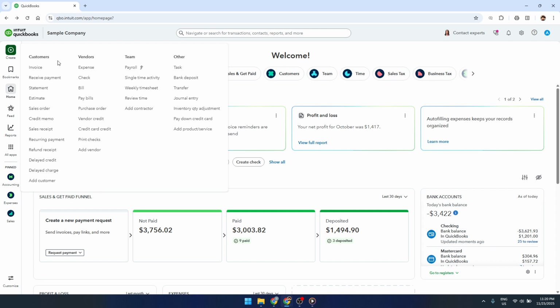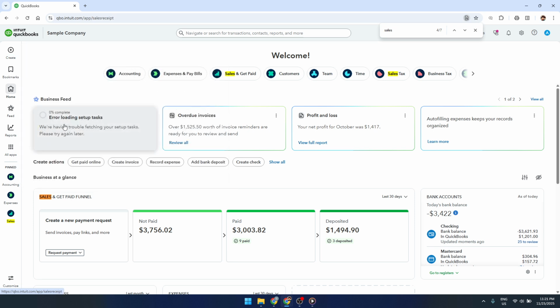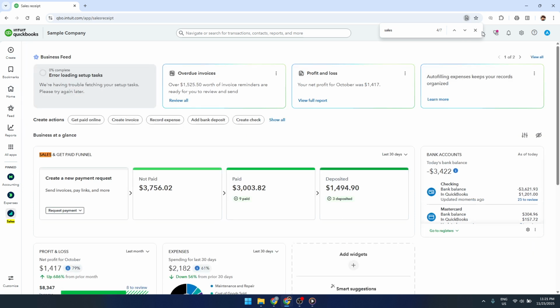up front. Once the sales receipt window opens, you'll see a field for the customer at the top. Click on the customer drop-down and choose the customer who is paying the deposit. If they're already in your system, just select their name. If not, you can add them as a new customer so the deposit is properly tied to their account for